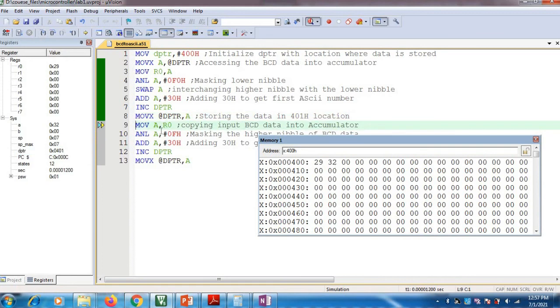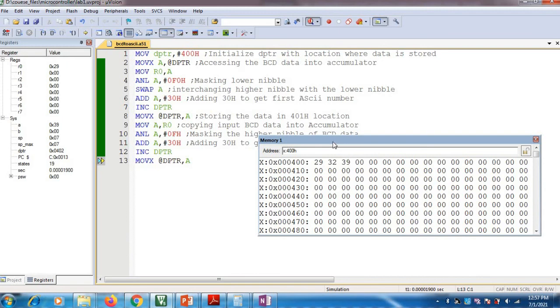Next the same process we are going to do to get the ASCII equivalent for the next digit. Right, so we got 39. So for 2 the ASCII equivalent is 32, for 9 it is 39. Whenever the key 2 is pressed, the ASCII equivalent is 32, and if you press 9 then it is 39. If you press 29 then 32 and 39 are sent to the computer.